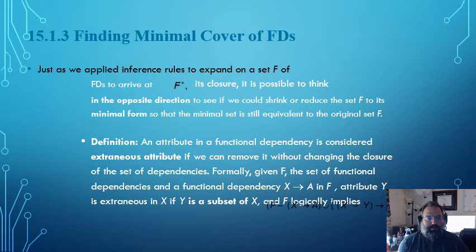Finding a minimal cover of functional dependencies. Just as we applied inference rules to expand a set of FDs to arrive at F plus, it is possible to think in the opposite direction to see if we can shrink or reduce the set F to its minimal form, so that the minimal set is still equivalent to the original set F. Definition: an attribute in a functional dependency is considered extraneous if we can remove it without changing the closure of the set of dependencies. Formally, given F, the set of functional dependencies, and a functional dependency X implies A in F,